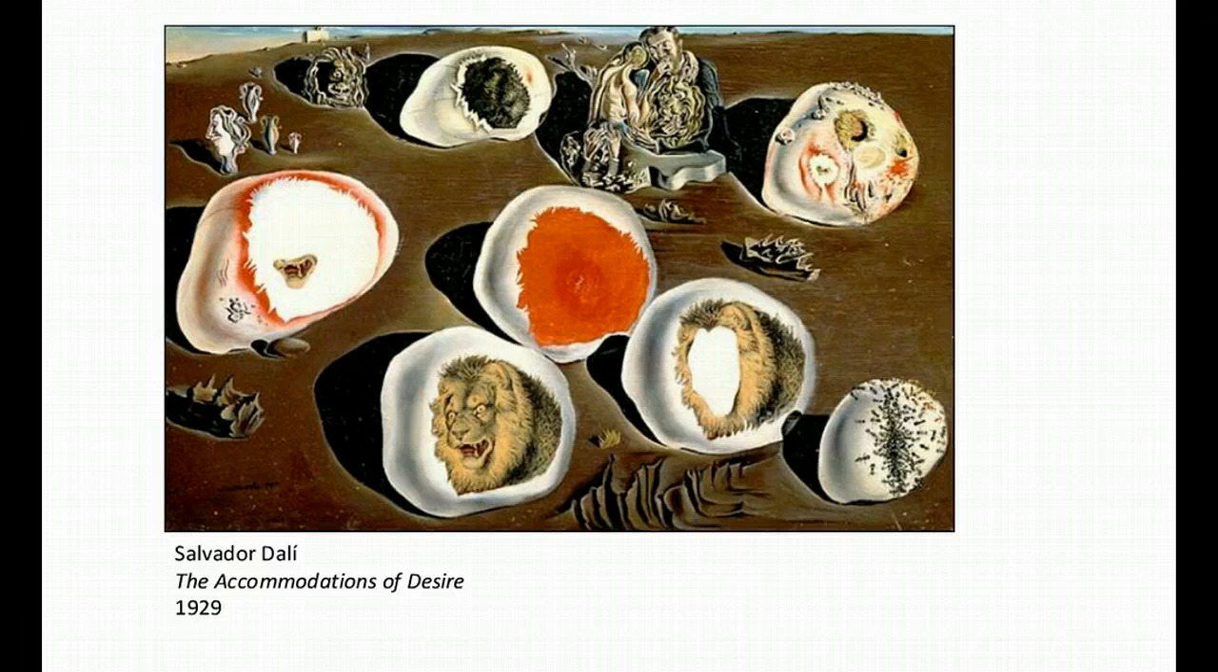Famously, we have Mr. Salvador Dali. Salvador Dali came to understand the surrealists late in the game, but he became friends with them very quickly, and I'll show you in just a moment that one of his works was featured in the publication of the second Surrealist Manifesto. Here we have the Accommodations of Desire,